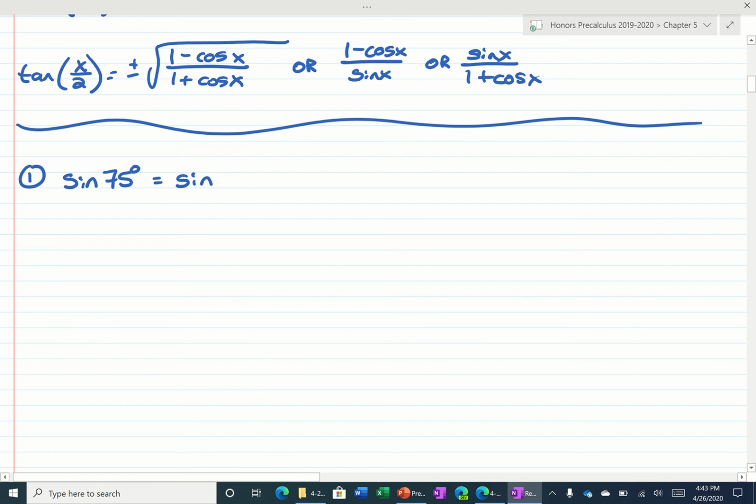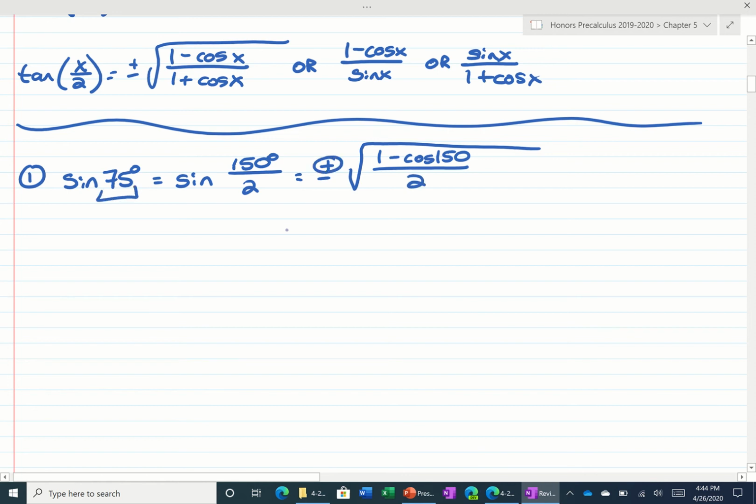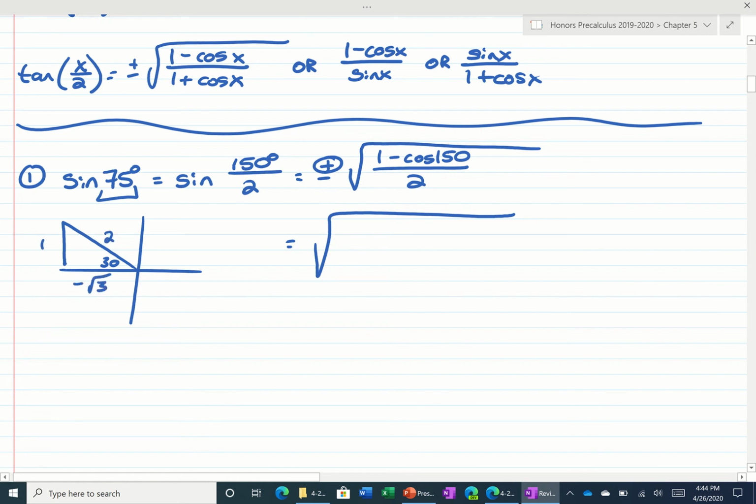Well, what that means is we're going to be looking at the sine of 150 divided by 2, and the formula is going to be plus or minus the square root of 1 minus the cosine of 150 divided by 2. Well, 75 is in the first quadrant, so the answer is going to be positive here. And 150 degrees puts us right here. So we have 1, 2, and root 3. So we're going to have 1 minus the cosine, which is negative root 3 over 2,